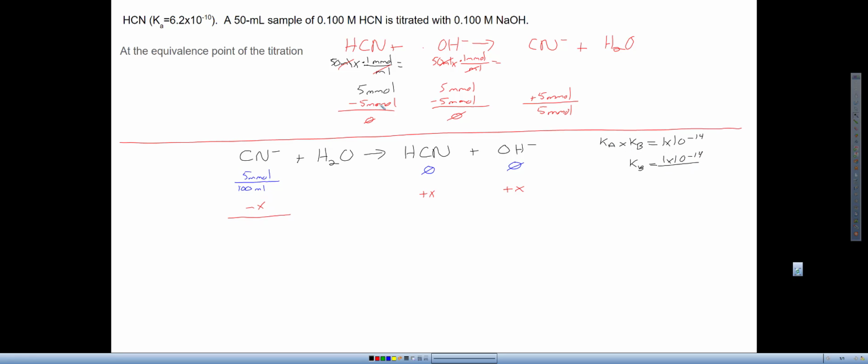And so I'm going to divide both sides by my Ka. And so my Kb is equal to